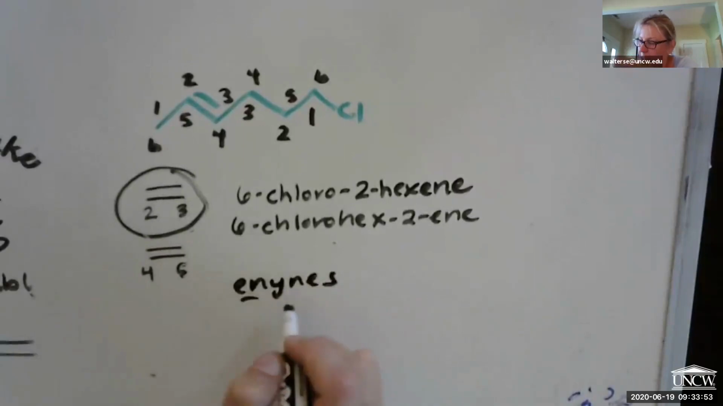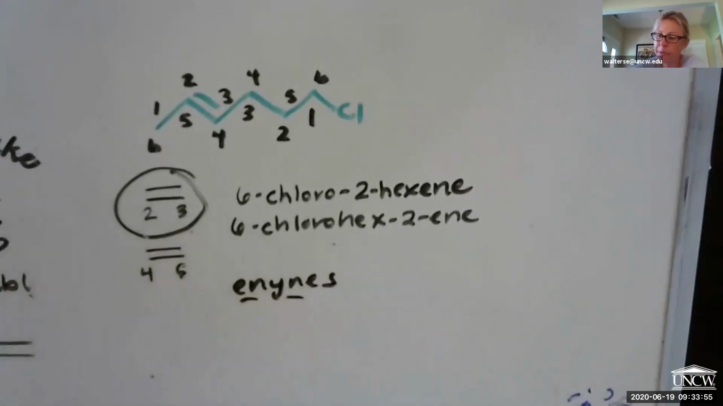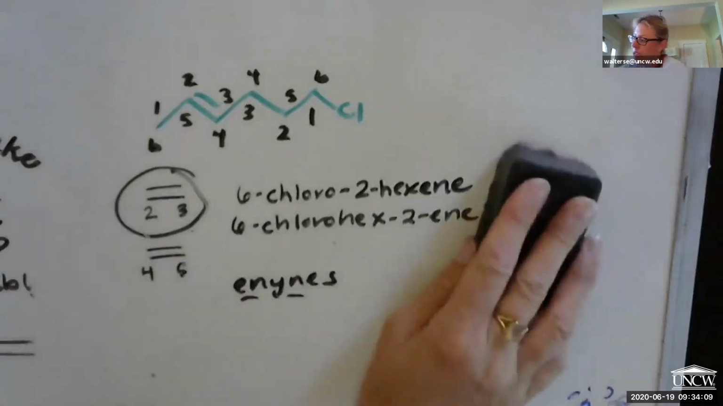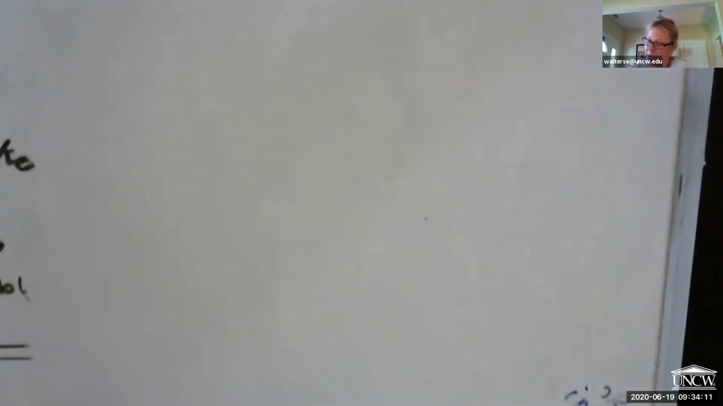Ene-ines. They contain both a double bond and a triple bond. But we didn't go into that as far as which would have the higher priority. I'm assuming the triple bond would have the higher priority, but we didn't really go over that. The only other time I think that it could be tricky